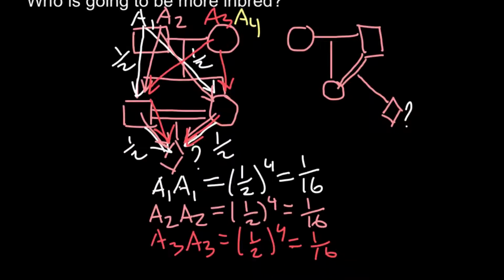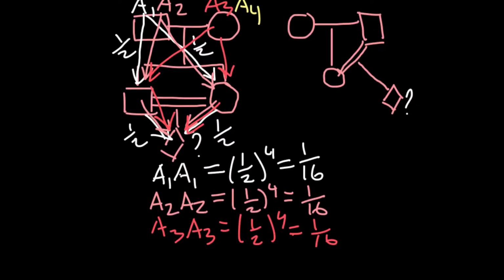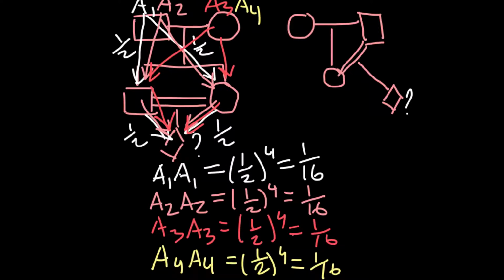And the last variant would be that this individual would be homozygous for the A4 allele, and the probability would also be the same. So now we can say that the probability of this individual to be homozygous by descent would be a sum of all probabilities, and we have to add 1/16 plus 1/16 plus 1/16 plus 1/16, and as you see, the answer would be